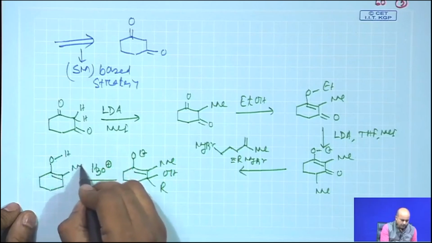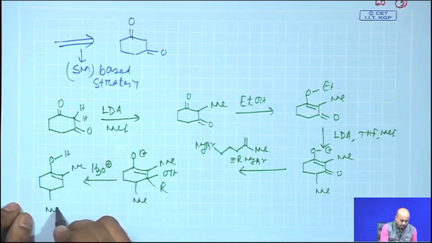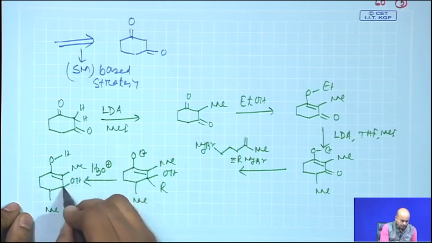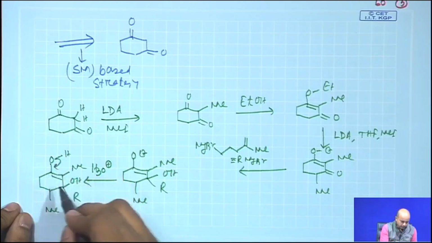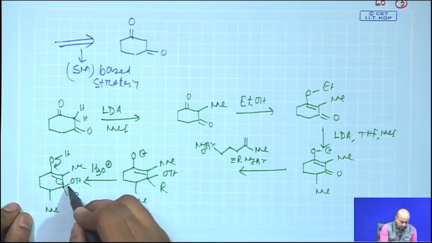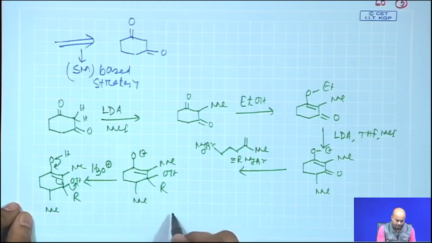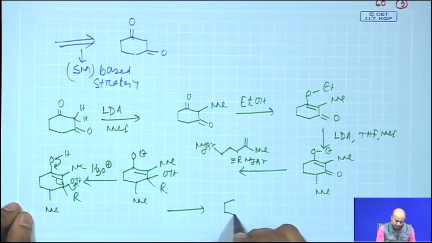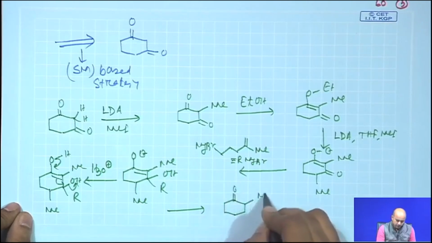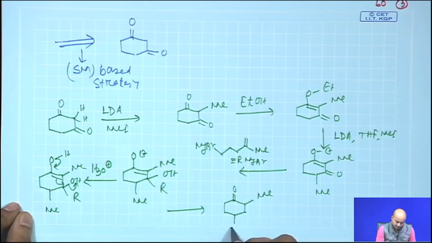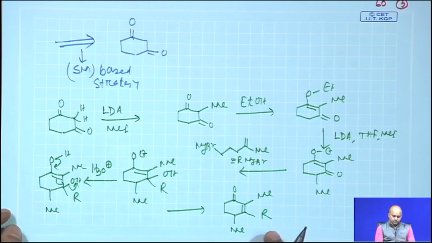You have a methyl here, a methyl here, an OH and R. Now, this vinyl ether will tend to rearrange its double bond to give you a ketone whose structure is this: methyl is there, this double bond is there, this R. So, now this is your